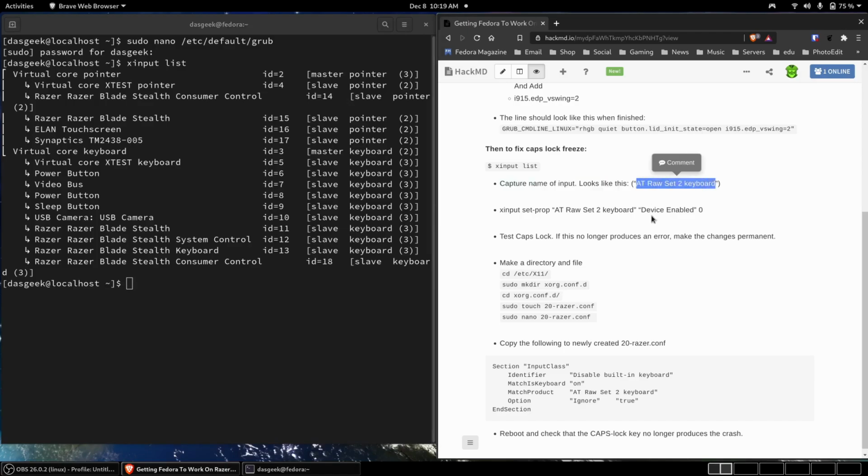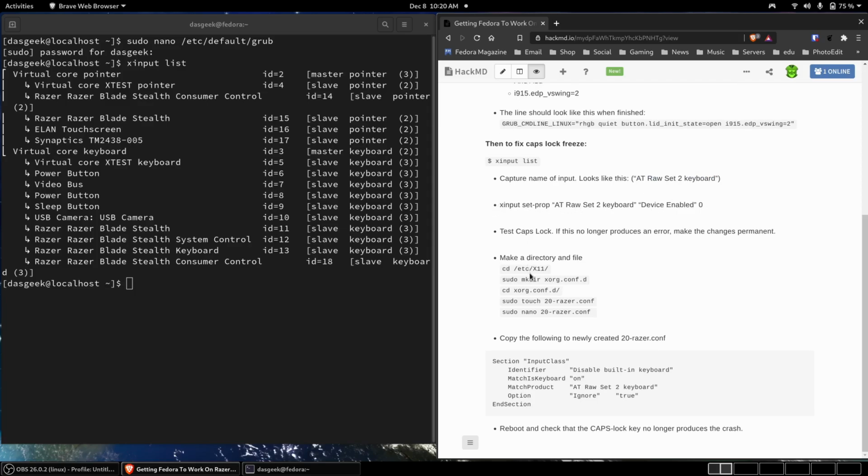Once you see that and we've verified that it's there, we need to disable it, because that's what's causing our lockup when we hit that caps key. You can run just this command here, xinput set-prop, and set it to 0, but that's not permanent. We want to make this permanent. So you can skip that if you know you have this caps lock issue, and just change